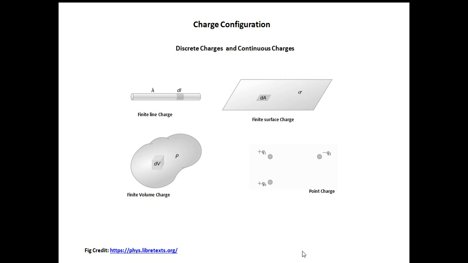Now, basically, what is a charge? Charge is something which creates an imbalance in the environment. Like, I have a ball-like object in my hand. I can hold it because it is uncharged. But if by some means I make it a charged body, then I cannot hold it in my hand because it will start creating a field.